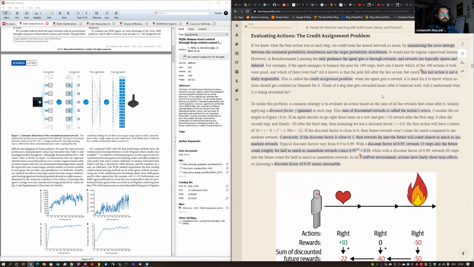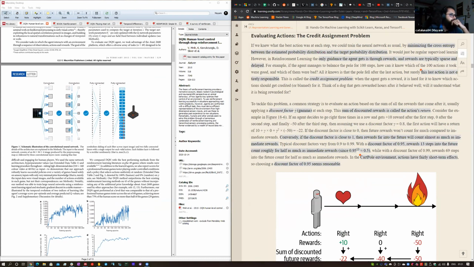So we have a common strategy that can be used to sum all the rewards, which can be written as the summation of the discount factor multiplied by the rewards at each time step. So that equation will be,